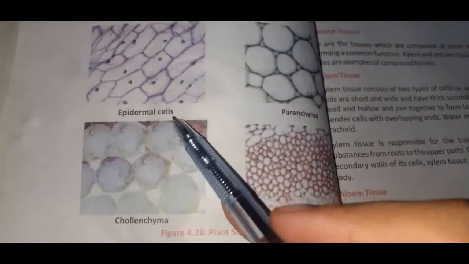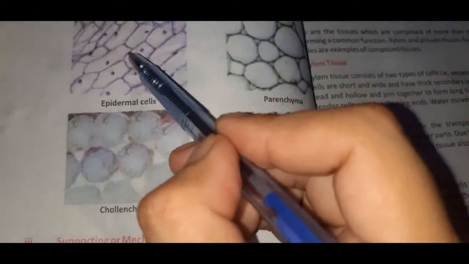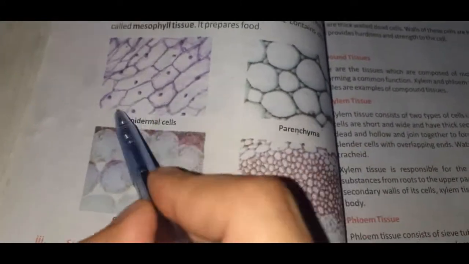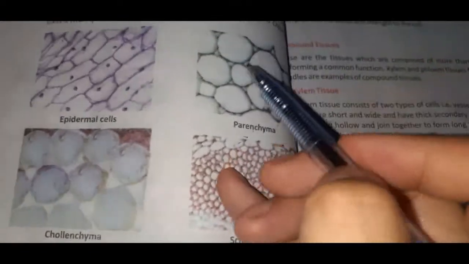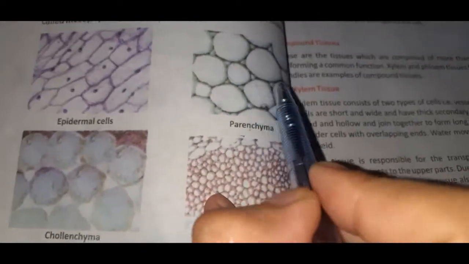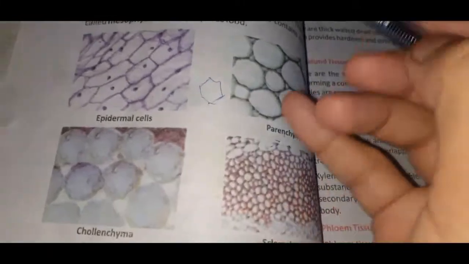So if you look at epidermal cells, what will you observe? You will observe that their shape is flat. They are flattened, and they have irregular shapes. There is no regular shape. All of them are irregularly shaped, whereas parenchyma, or we can say the ground tissues, are oval in shape, or spherical, or polygonal in shape. Polygonal in shape means they have different corners.